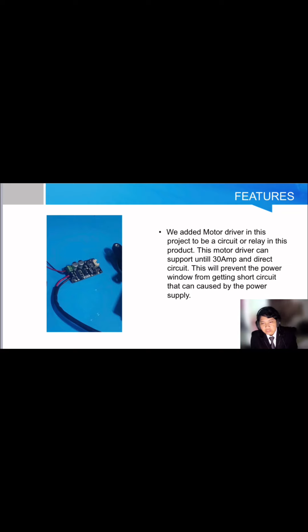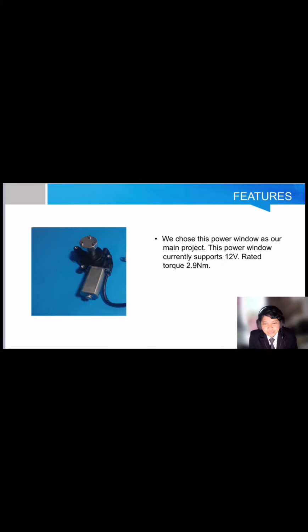Next, we add a motor driver in this project to act as a circuit or relay in this product. This motor driver can support up to 30 amperes and direct current. This will prevent the power window from getting a short circuit that can be caused by the power supply. Last but not least from me, we chose this power window as our main project. This power window supports 12 volts. Rated torque is 2.9 Newton meter